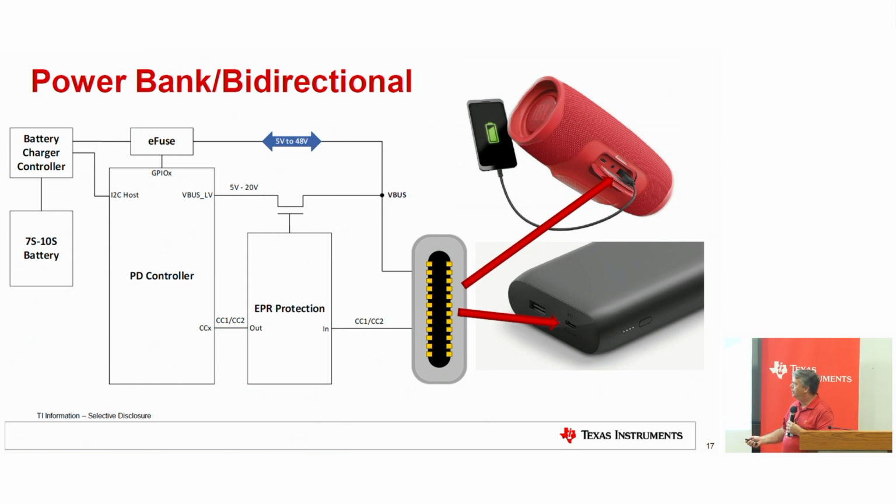And on this one I do show the I2C, where we talk back and forth to the charger. We have various devices within TI that could be providing power to the far end device, or it could be receiving power. How you set that up is through I2C commands, enabling all that, and what voltage levels and what current limit levels. All that is handled by the PD controller.